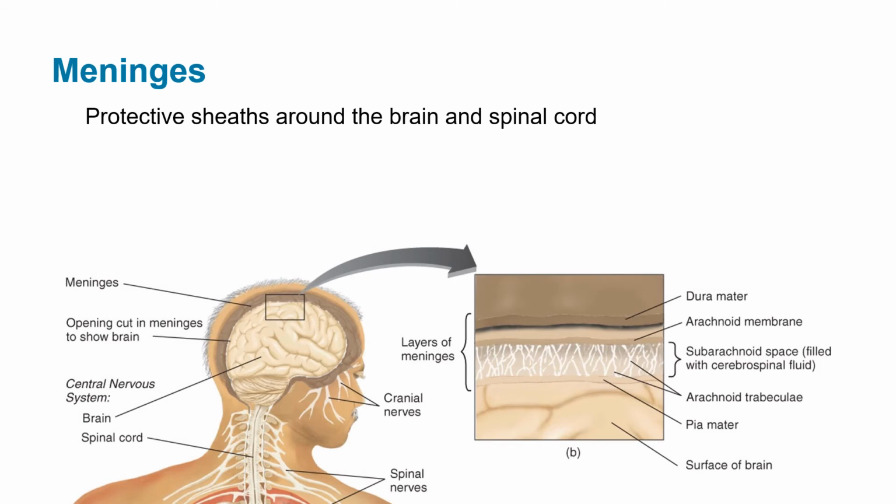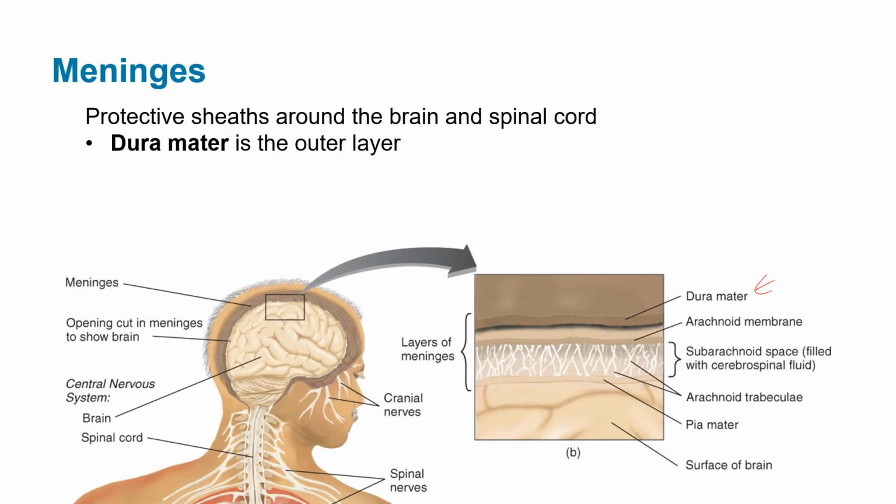So the meninges, I've said these a few times. As I said, it's a layer that protects the brain. It is a coating, and it's actually multiple different layers. First on the outside, you've got the dura mater. The dura mater is almost leather-like. It's a hard outer layer that is the protective layer.